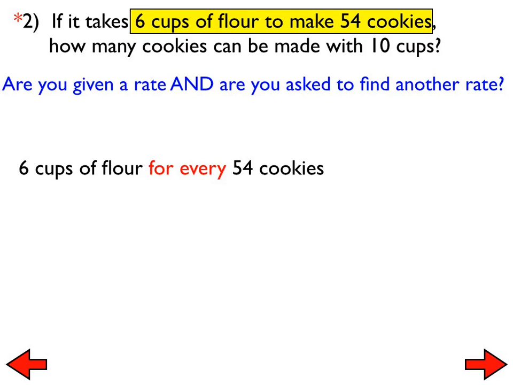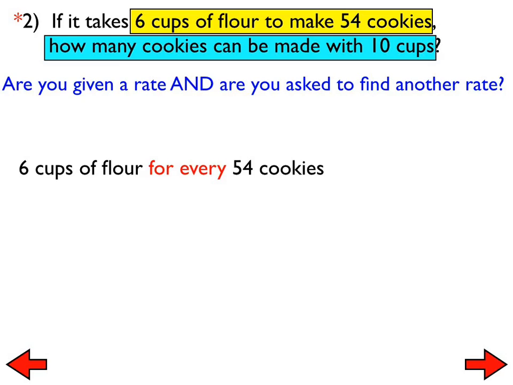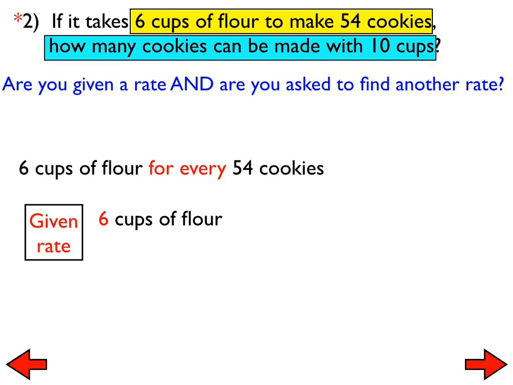6 over 54 equal to 10 over x. Very good. And so doing the setup that you did, you have cups of flour on top and cookies on the bottom, so we need to make sure that we stick with that. We have 10 cups of flour, so it needs to go on top,